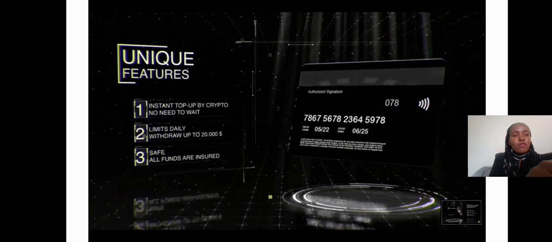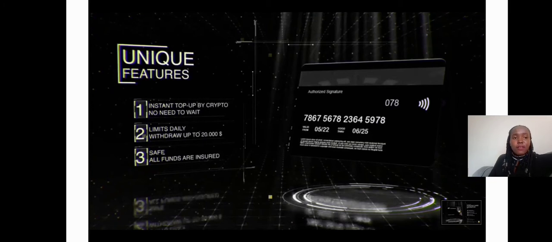So one of the services that they want to introduce is an ATM card that you can use at any ATM to convert your cryptocurrencies to cash. This ATM card will be going for around 15,000 Kenyan shillings. Now it can only be used by Ethereum users. So for instance, right now when you look at the Ethereum ecosystem, there are more than a million people using the Ethereum cryptocurrency.